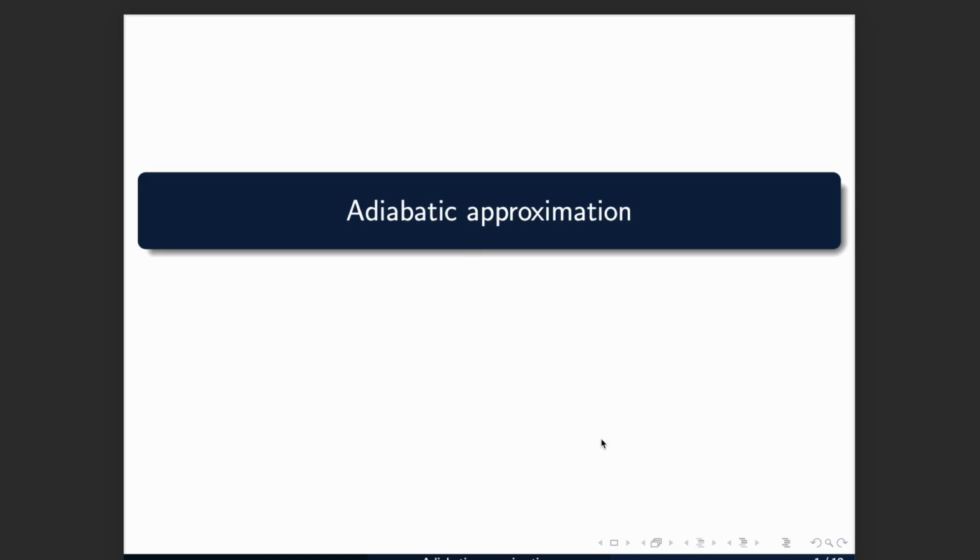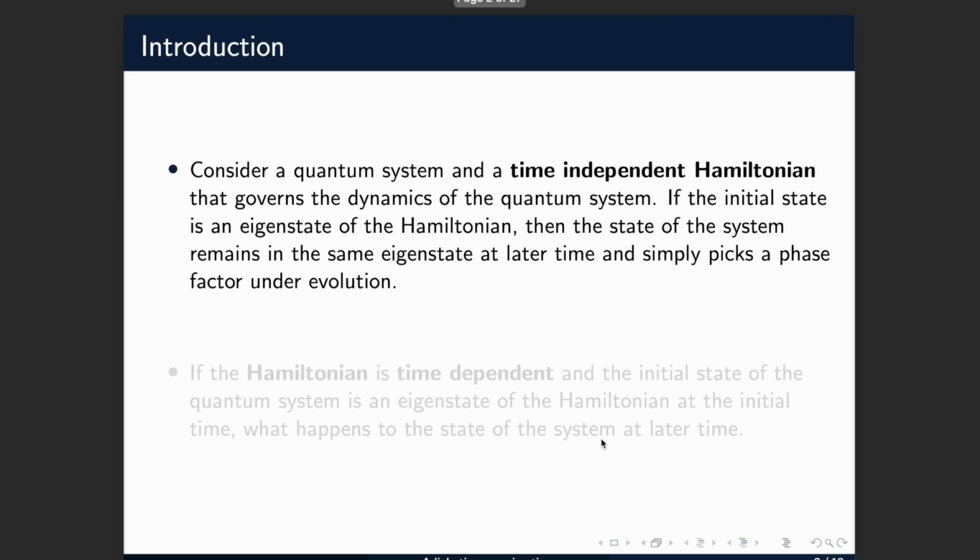This is a video on the concept of adiabatic approximation. I will explain the mathematical steps related to the adiabatic approximation. First of all, I'll start by considering a quantum system and a time independent Hamiltonian that governs the dynamics of